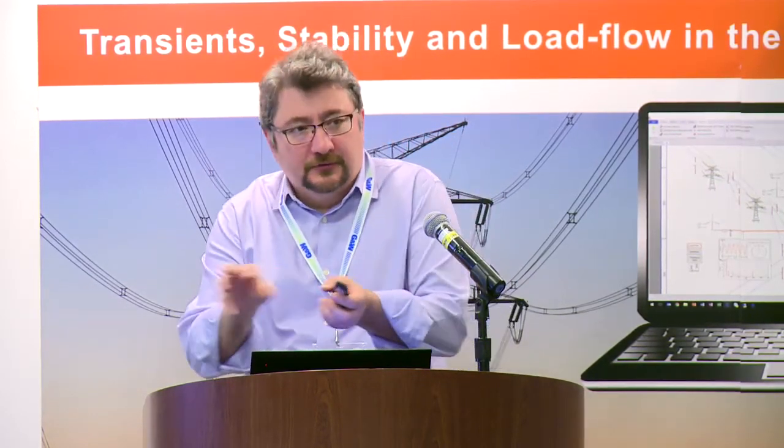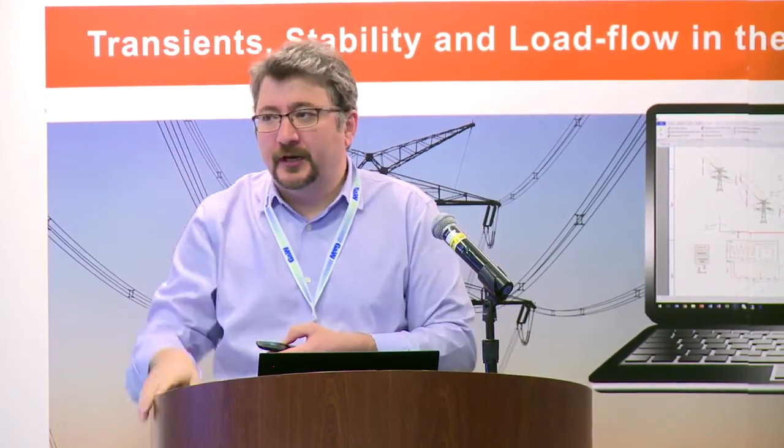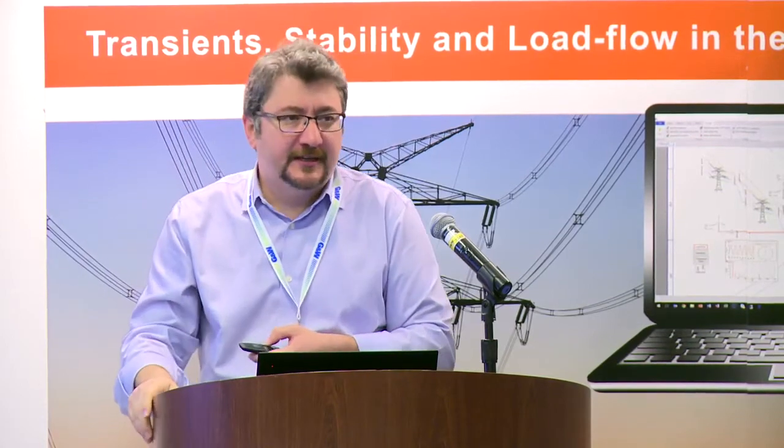So in future, we'll find a solution for short lines. It will make it easier, without user intervention. We will detect it automatically, and we'll do the corrections ourselves. So future work: we may still have some cases with passivity problems, so we'll apply passivity enforcement. And we'll probably have the constant transformation matrix option, so you won't need FT line anymore. Everything will be wideband, just one model. If you want a faster model, you say, okay, I don't want frequency-dependent transformation. This is also called J-Marti model sometimes, but